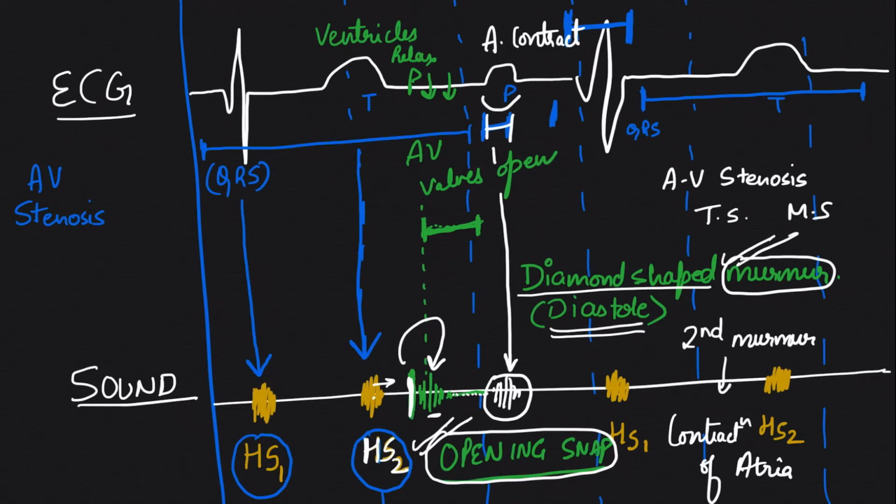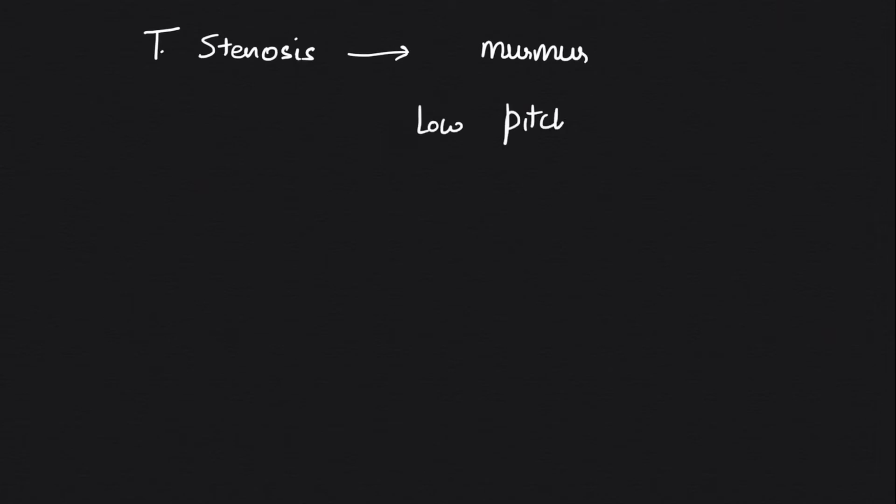That will be due to atrial contraction. Okay, now moving ahead, let's quickly recap what features we have seen of the AV stenosis murmurs. So in common, the murmurs of AV stenosis, that is tricuspid stenosis or mitral stenosis, I'm writing it over here, the tricuspid stenosis, the features which we'll get is there will be an opening snap, but then the murmur will come. So if somebody asks how the murmur will be, it will be low pitched, it will be diamond shaped,